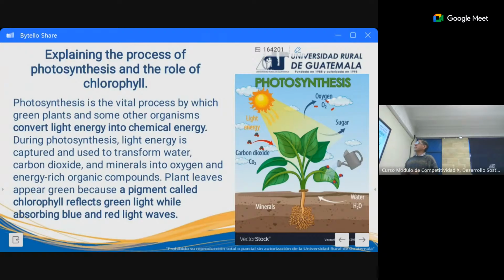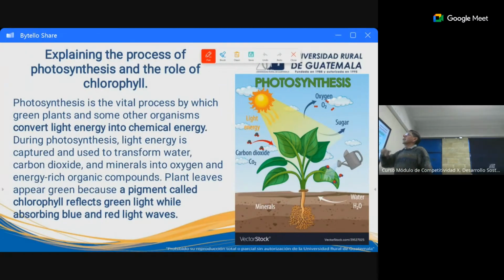Photosynthesis is the vital process by which green plants and some other organisms convert light energy into chemical energy. So I've been talking about this basic process that converts light energy into chemical energy. During photosynthesis, light energy is captured and used to transform water, carbon dioxide, this is water, carbon dioxide here, and the